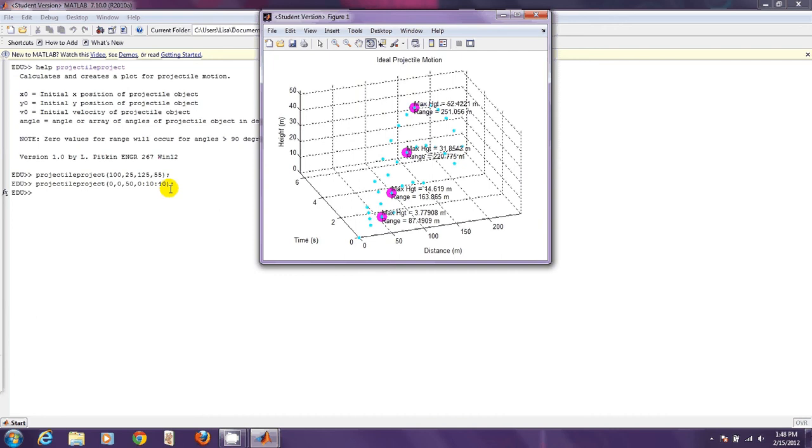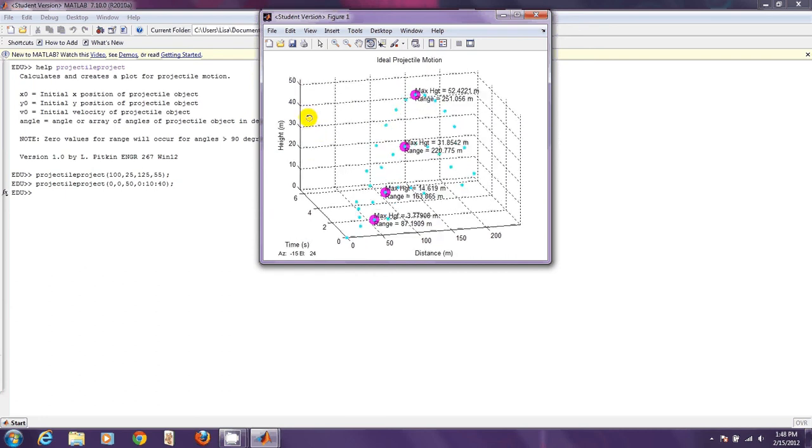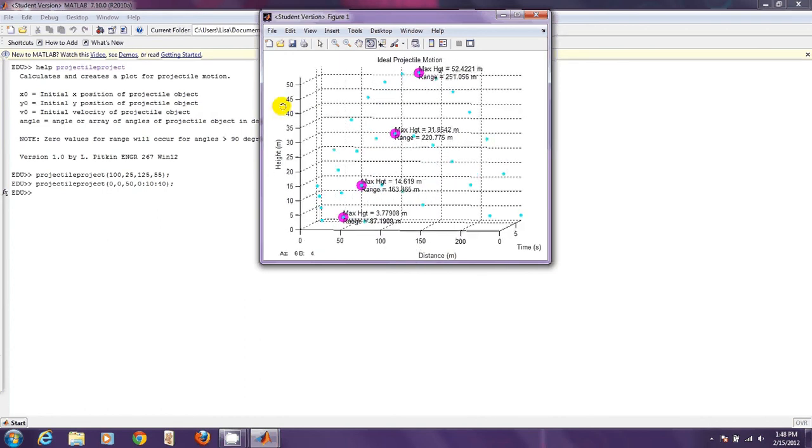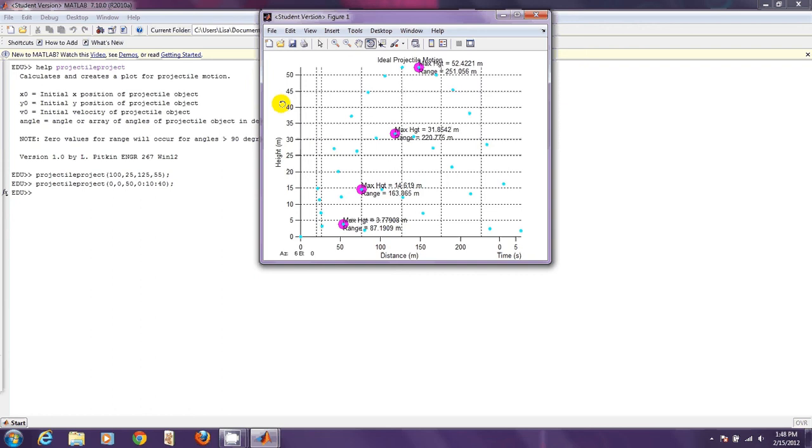I could have scaled the graph from the beginning, but I thought it added to the animation, so I didn't change that. It made it look like it moved more as it plotted. So here we go. Now it didn't plot a lot of points on this one,